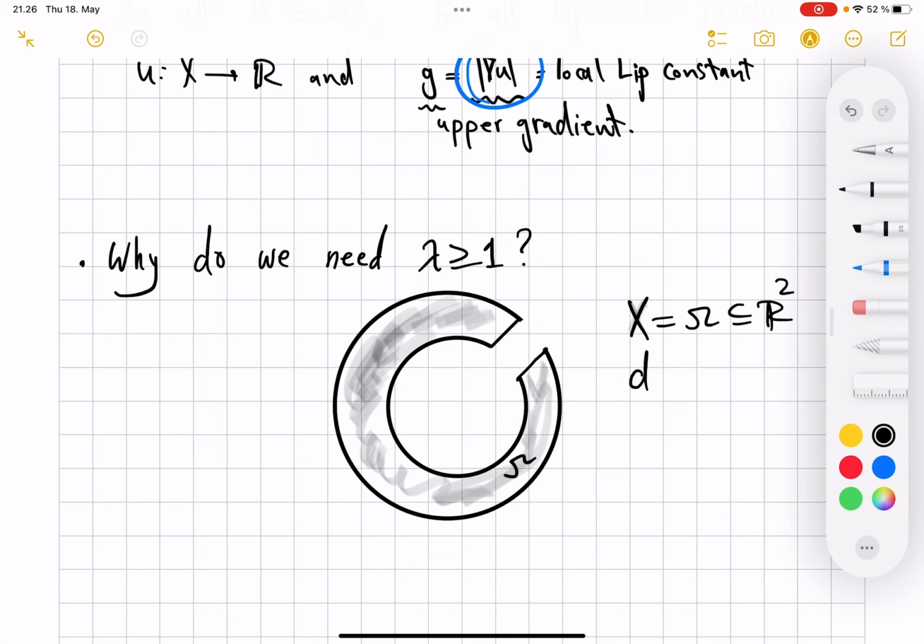So the distance is the restriction of the Euclidean distance. So distance of this and that is the length of this line between them. That will come in handy in a moment. And the measure is again just the restriction of L2 measure to this set. You can check that this is